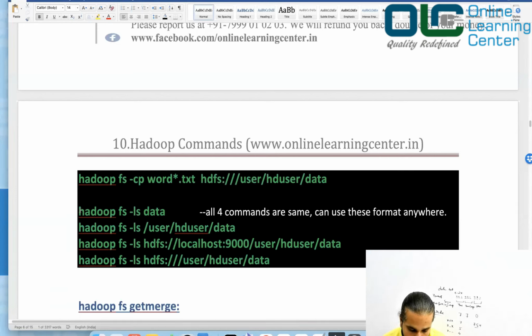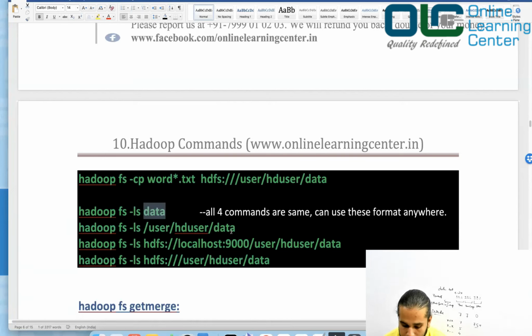If you want to say hadoop fs -ls data, you can write the same thing in another way, because data means /user/hduser/data.